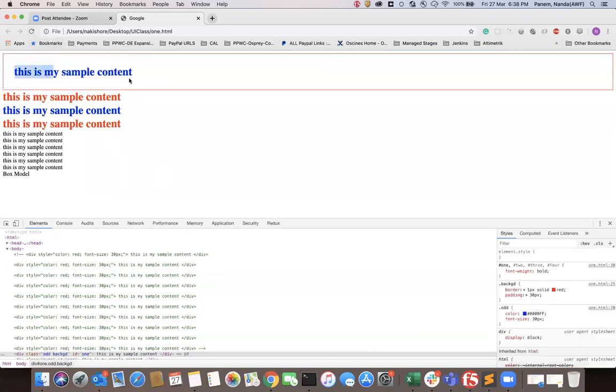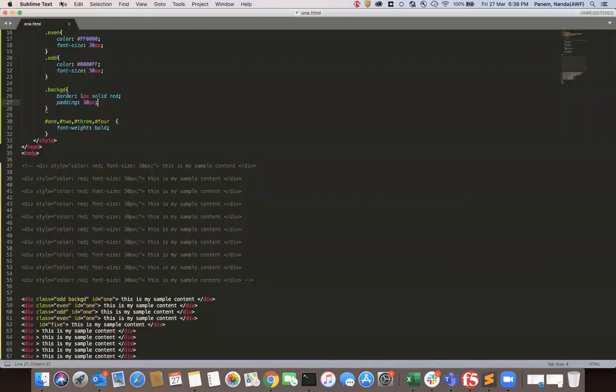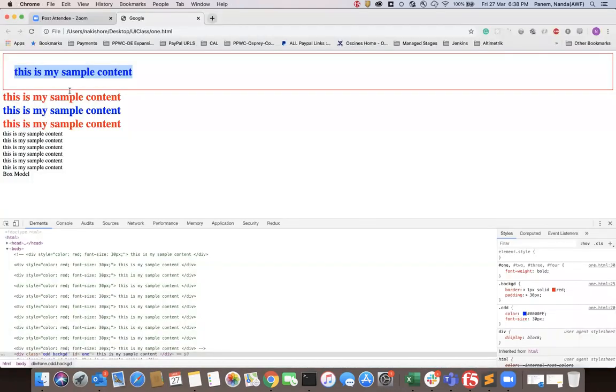This is my actual content. From the top it is giving 30 pixels of space, the left side is giving 30 pixels, and the bottom it is giving 30 pixels of space. This is the way padding works. So now this is your Amazon package, this is the air bubble space, and this is the content. Like this, you are going to have an HTML page.